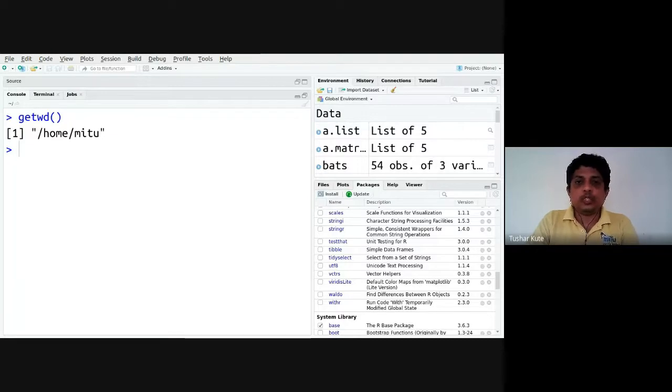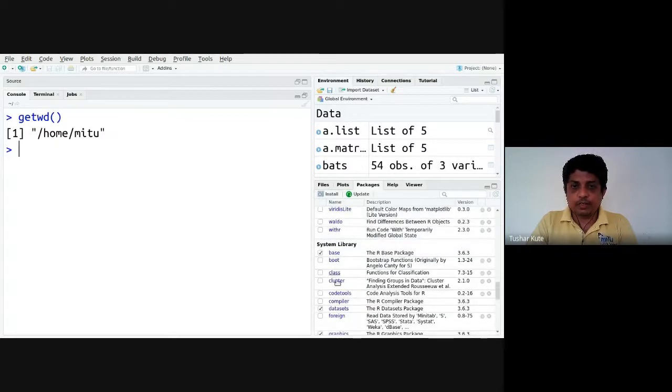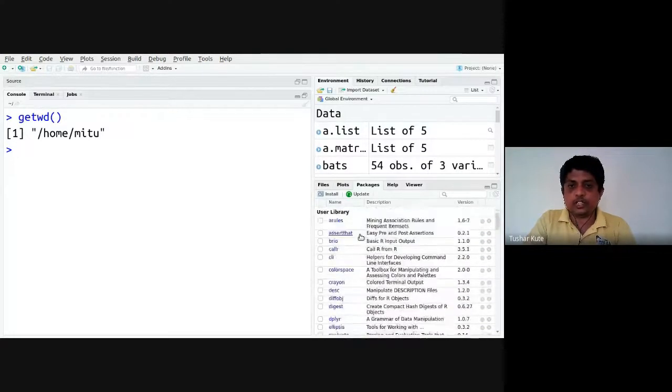Extra abilities are given to the program with the help of these APIs, libraries, or packages. They are present here, and under the system library many different packages are available. They are the base packages. Once you install an extra package apart from those, you will have another section here, the user library. This one.